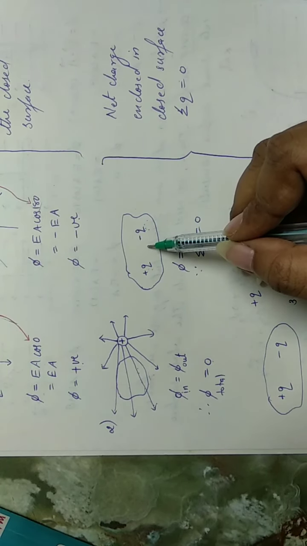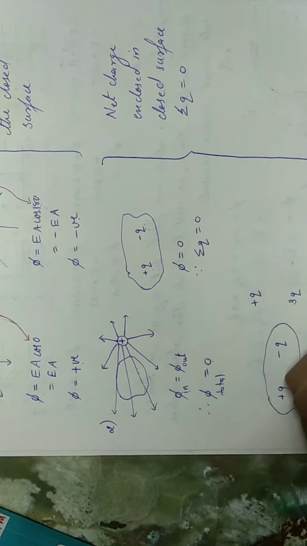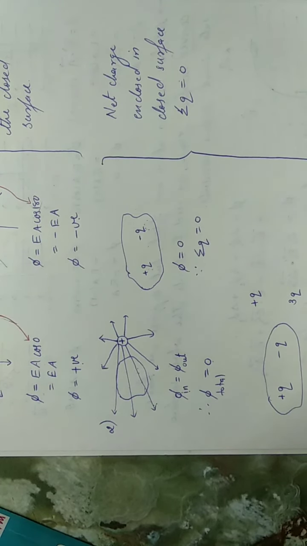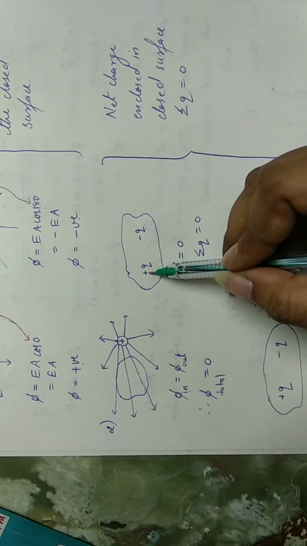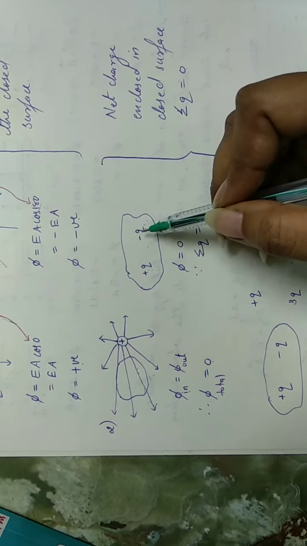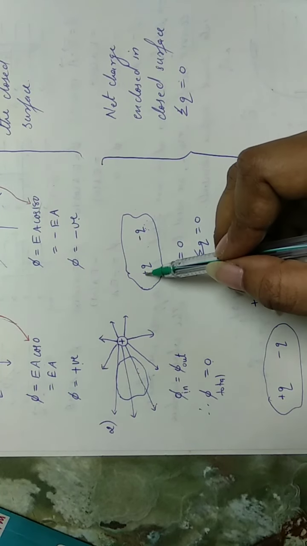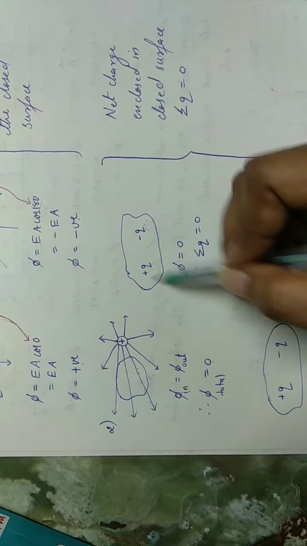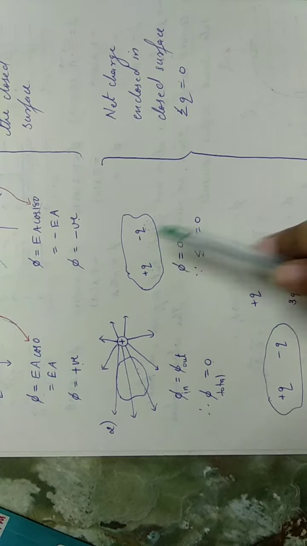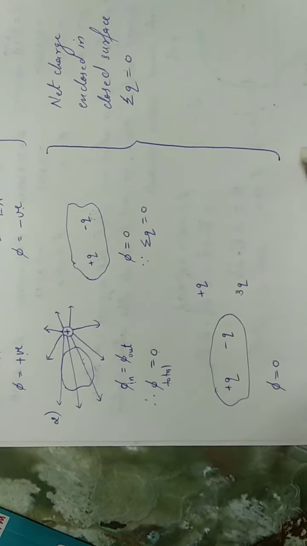So the total charge enclosed in the closed surface is 0. And if there is no charge enclosed in the closed surface, then this becomes similar to this: there is no charge within the closed surface. So if there is no charge, then what about the flux lines? It is going to be 0, and therefore we can say the flux is equal to 0. Because of this positive charge, the field lines will be coming outwards, and because of this negative charge, the field lines will be moving inwards. So all the field lines which are moving inwards, the same number of field lines will be moving outwards. Same condition. So if the net charge enclosed in the closed surface is 0, then the flux is going to be 0.